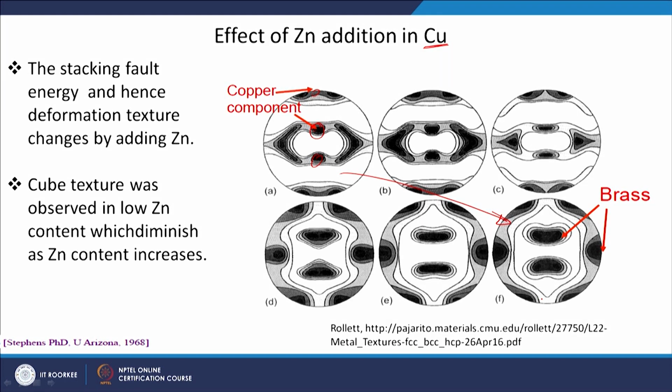So, we have seen that there can be different types of texture components in different materials with different crystal structures, for example BCC and FCC, and we have seen the exact location of different texture components in these two types of material. We have also seen that there is an effect of the alloying element on the development of texture as a function of processing. So, this was a short lecture to give you an overview of different types of texture components which can be there in BCC or FCC materials.